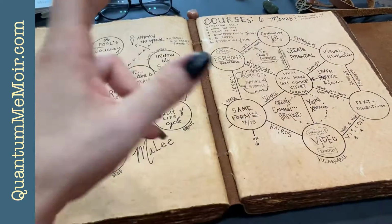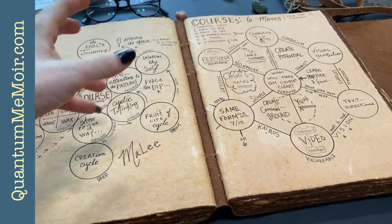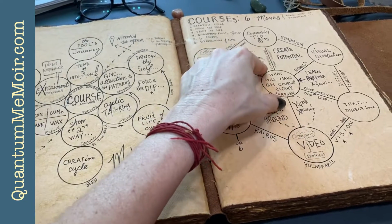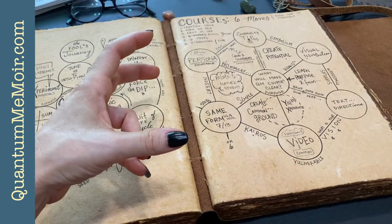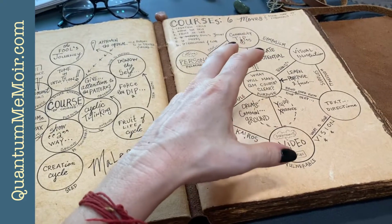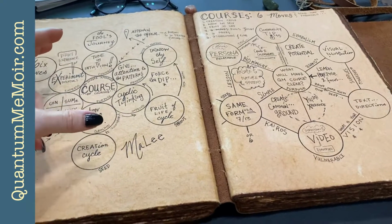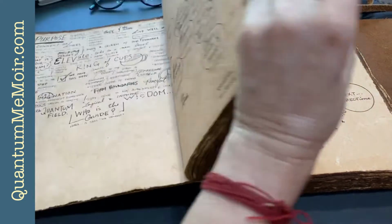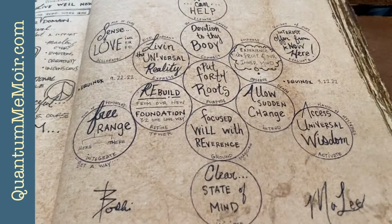Then to recap what to do with all of this. So basically this is the 6 moves, the formula that you would be able to create whatever your lifestyle is, create the 6 potentials, and then take those potentials and start breaking them down into more 6 moves so that you have the actual steps to get to your overall big goal. Like I have my solar cycle goal back here to put forth roots here at the 5-acre woods,